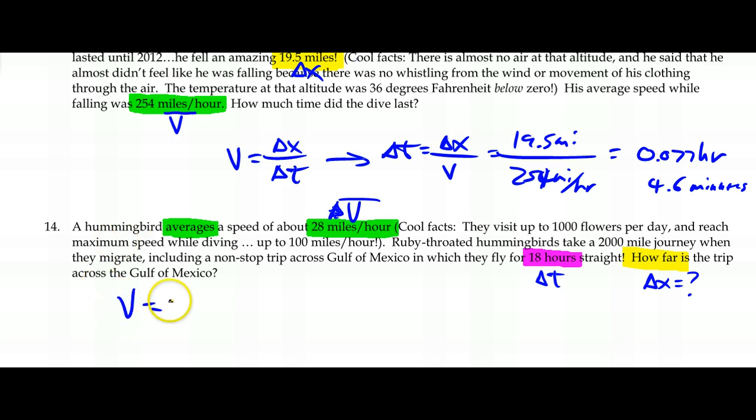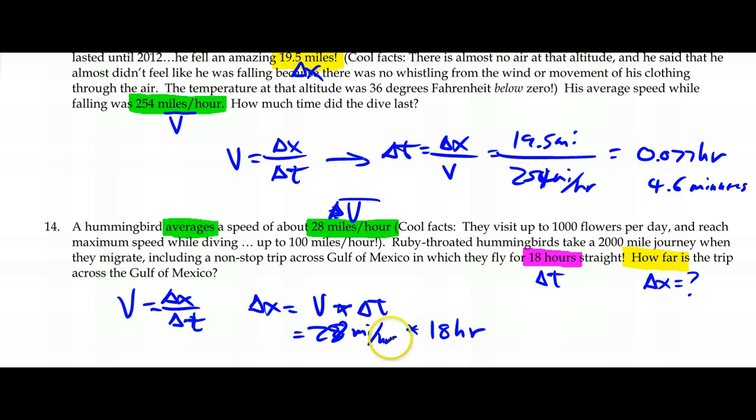Now, the base equation is v is equal to delta x over delta t. If I'm going to solve that for x, I'm just going to multiply both sides by delta t. So I'm going to have delta x is equal to v times delta t. Now, in this case, the average speed is 28 miles per hour, and the time period is 18 hours. When you multiply that, notice that the hours cancel out, leaving you with a unit of miles. 28 times 18 is about 500, a little bit more than 500 miles